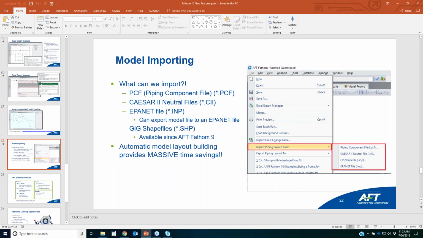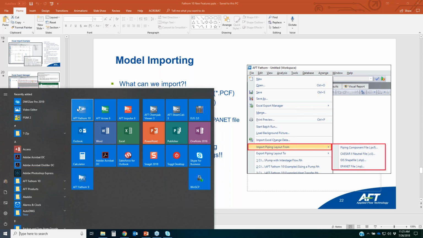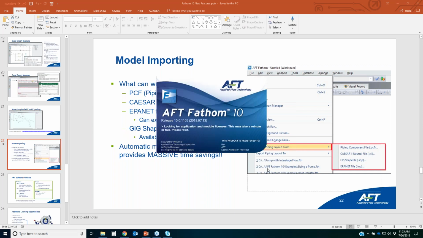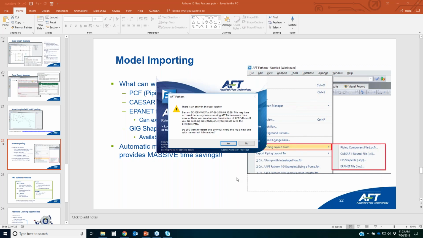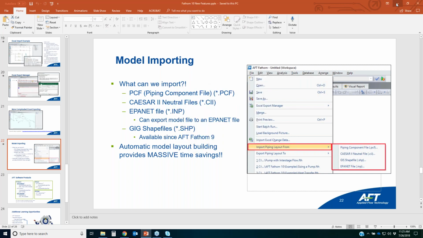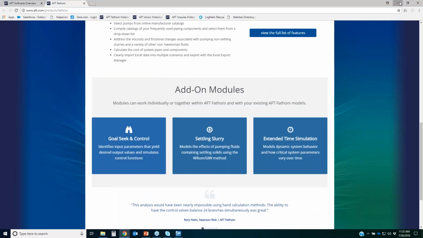So let's do it. I'm going to open up Fathom here. Brand new capability, really cool. It's going to save you tons of time. And here's how it works. I'm going to start off with my piping component files first. So once Fathom finishes running there,